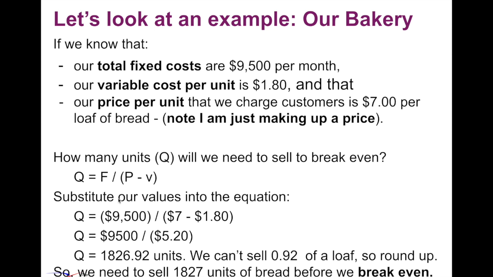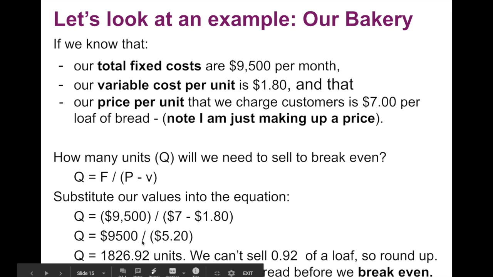We substitute our values into the equation. So we have fixed cost, $9,500, divided by our price, $7, minus our variable costs, $1.80. Remember your PEMDAS, don't forget PEMDAS, super important. If we do our PEMDAS, we have Q is equal to 9,500 divided by 5.20, which is the difference between 7 minus $1.80. Now, if we do the math on this, 9,500 divided by 5.20, we get an answer of